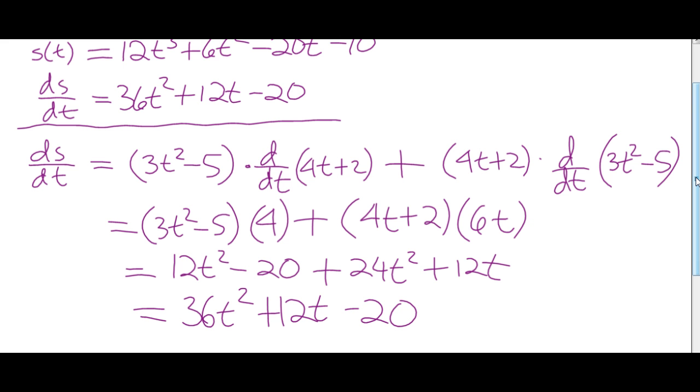Would you look at that? Yeah, so it doesn't seem to matter if you multiply it out and then take the derivative, or if you use the product rule to find the derivative. Well, yeah, but when it gets more complex than this, it's like how much multiplying out do you want to do? For example,